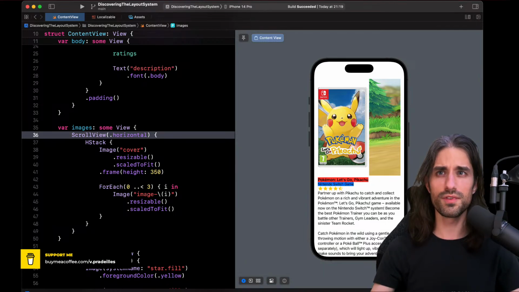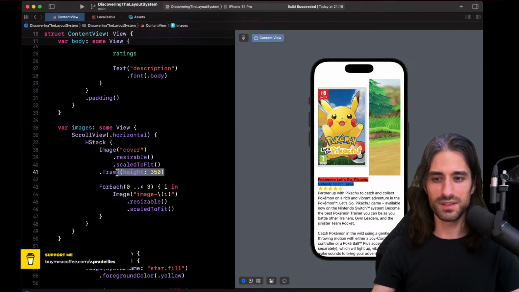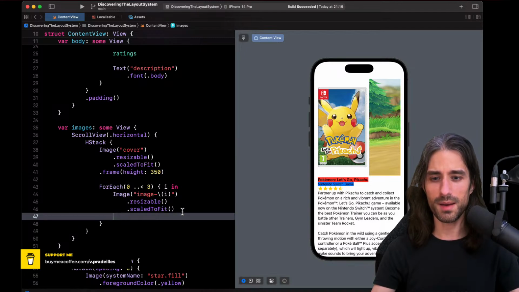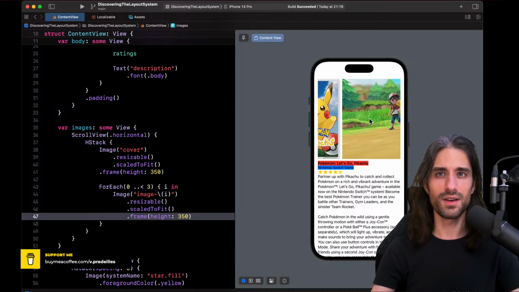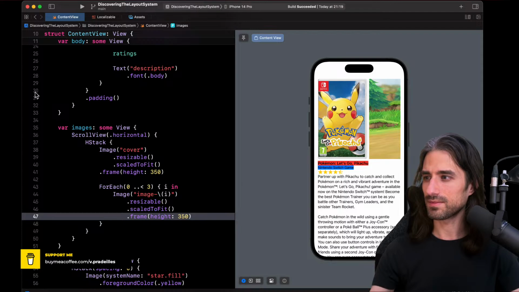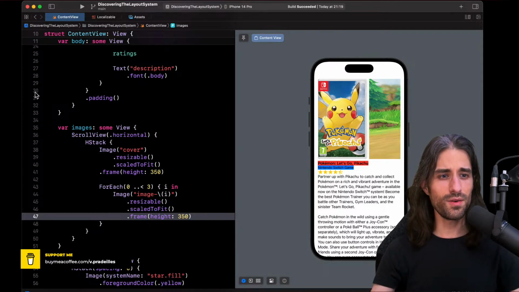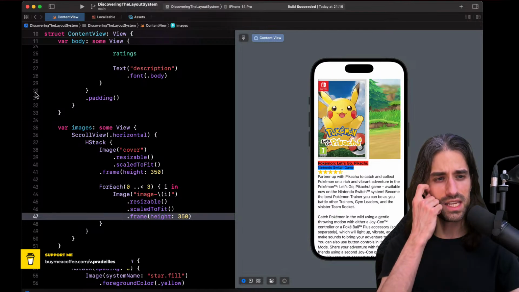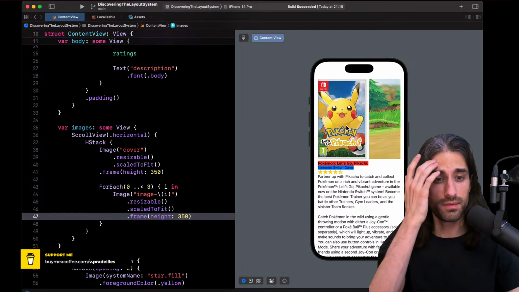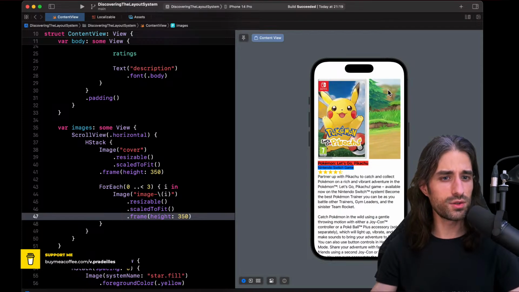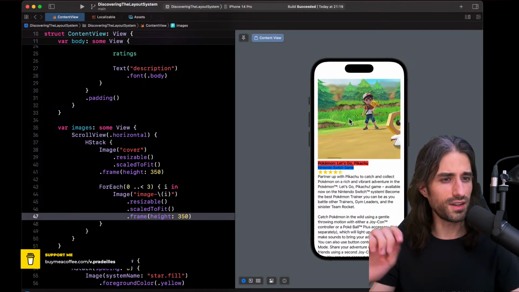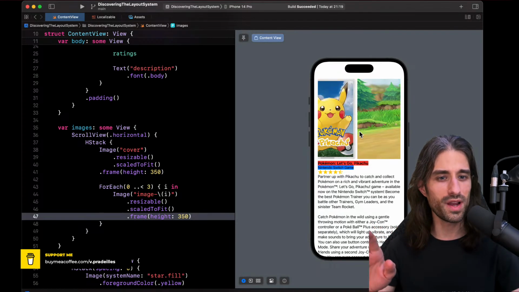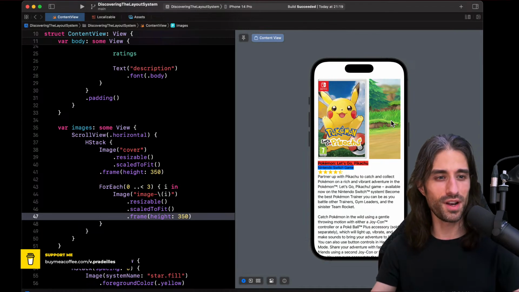I guess I could improve a little bit. Yes, so this frame right here, we could also apply it to the images. This way it's going to be a little bit nicer. Perfect. Okay, now what if we wanted to add a nice little animation to show that you can scroll, because it might not be clear that this is a part of a screenshot of the game. By the way, this isn't a great UI design. I'm not suggesting you implement your UI that way. It's just the simplest I could come up with.